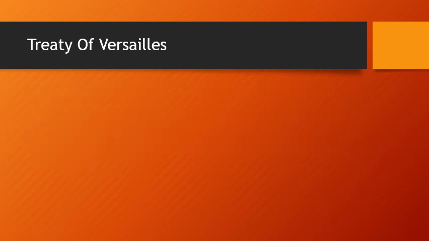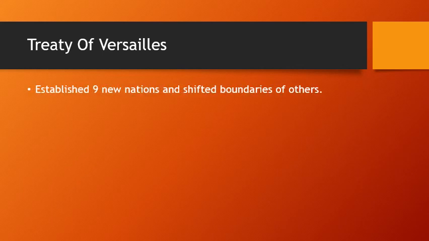Now, at the end, the two sides get together and sign what's known as the Treaty of Versailles. So, the Treaty of Versailles has a few important things that come out of it. The final treaty to deal with everything is signed on June 28th, 1919. So it took several months, and of course they meet in Paris because that's what they do. Germany wasn't even invited to the meeting, even though Germany was going to be held accountable for everything. It's pretty much a meeting between the big three: Great Britain, France, the United States, and Italy was there too, but they don't do anything, so whatever.